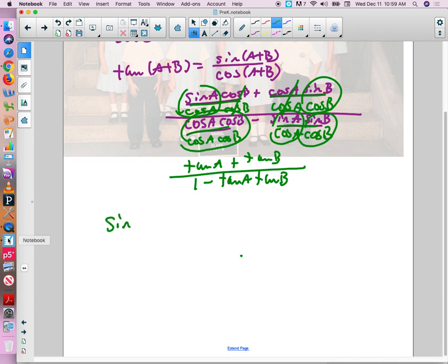If I needed to find the sine of 15 degrees, and I never taught you how to do it, and we had more time in the last class, and I said, find the sine of 15 degrees, I wouldn't really fault you for going sine of 45 minus 30. But then you probably should have realized you were stuck, okay? Like for instance,